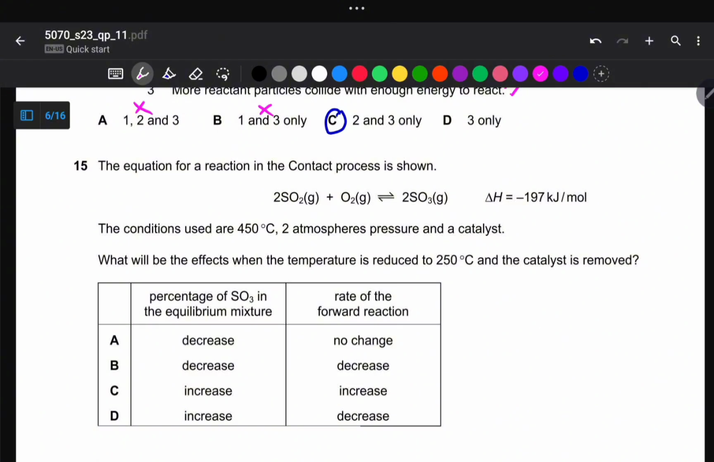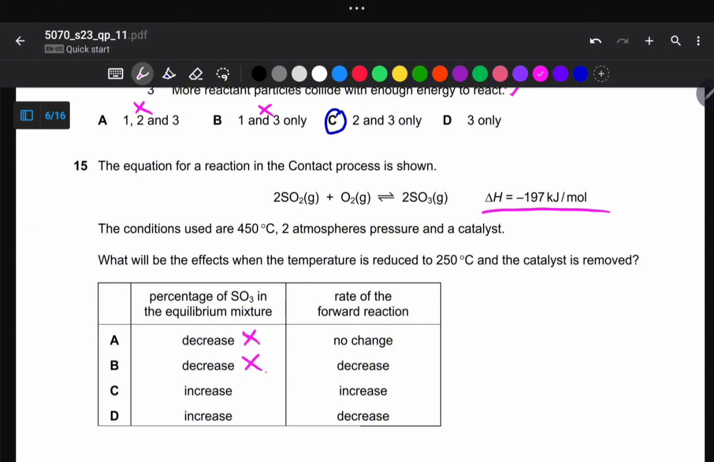So let us go to the question. We are required to explain the effect when temperature is reduced to 250 and a catalyst is removed. This one is an exothermic reaction as shown by this energy change. Are we together, guys? Lowering temperature for an exothermic reaction shifts the reaction to the right side, thereby increasing sulfur trioxide percentage. Are we together? So sulfur trioxide increases, so this cancels, this becomes false, this becomes false, and then we are left with option